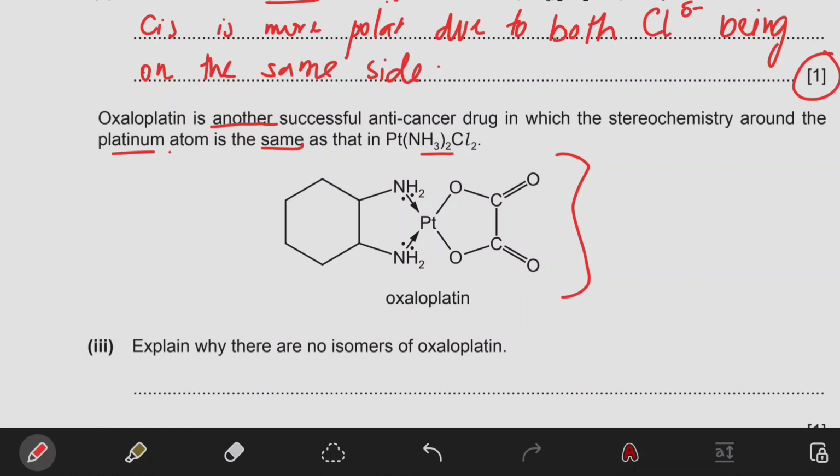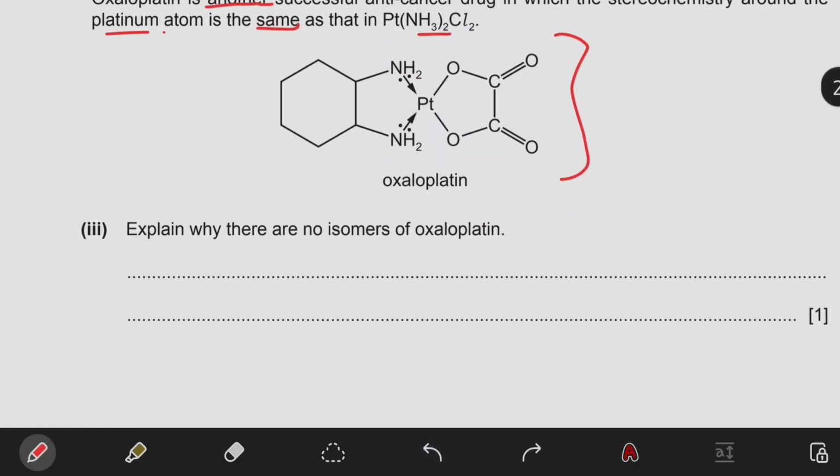So maybe because of the difficulty for the NH2 and O to change places, this is like impossible. They cannot change places, so trans cannot be formed. So you can say that